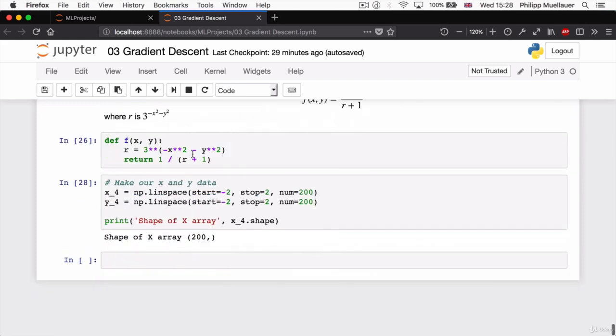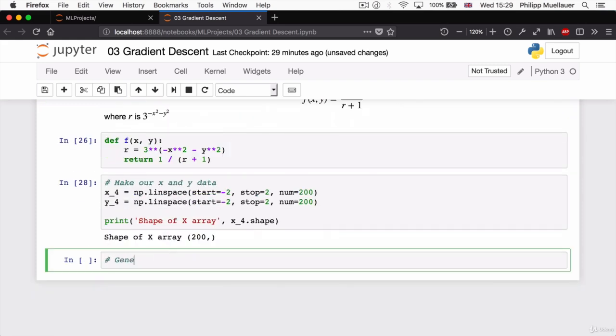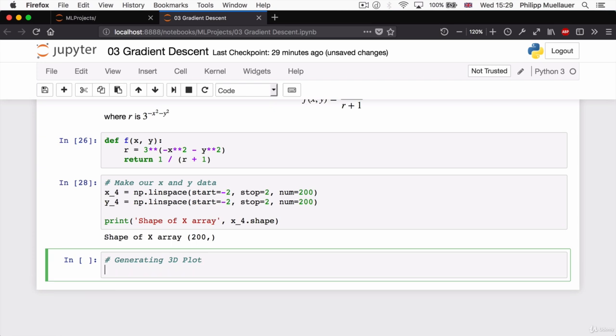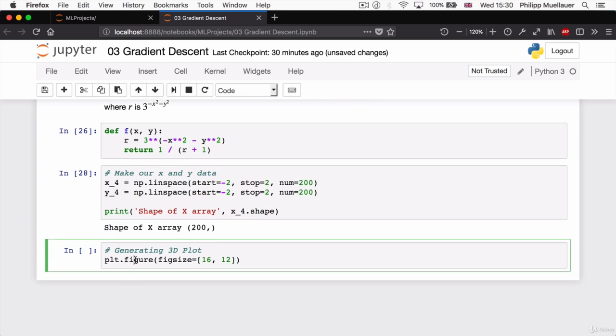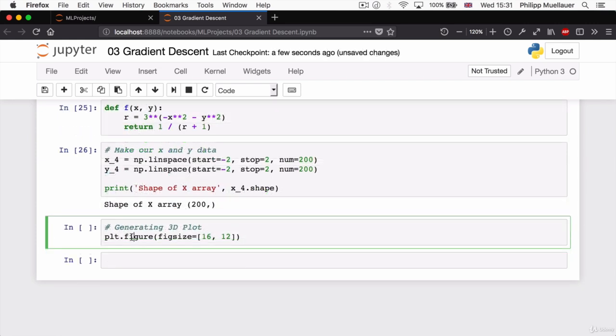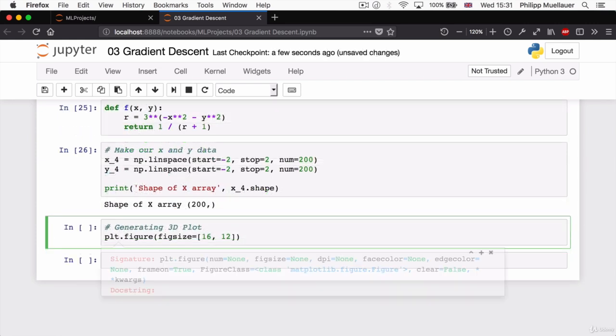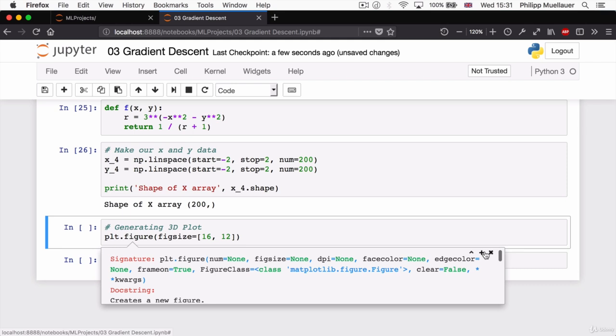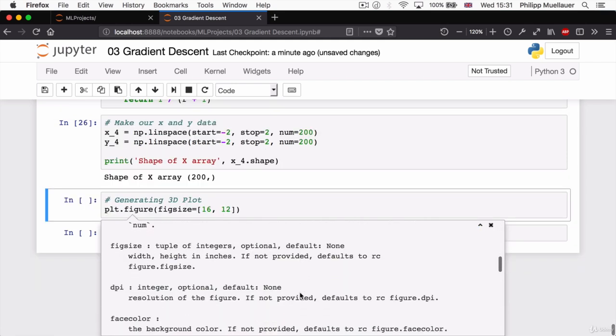So let's come down here. I'll add a little comment, generating 3D plot. And let's size our new plot with plt.figure(figsize=[16, 12]), passing in a list with square brackets, 16 and 12. So this is how we sized our figure always. Now here's something new that we can do with this code. If I hit Shift Tab on this function, then I can see by expanding the documentation and scrolling down